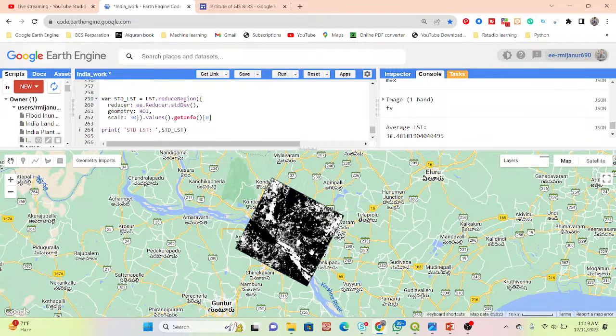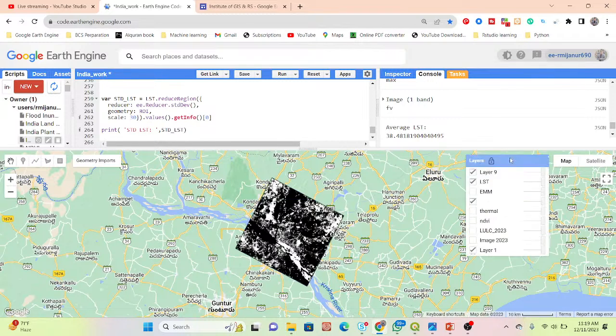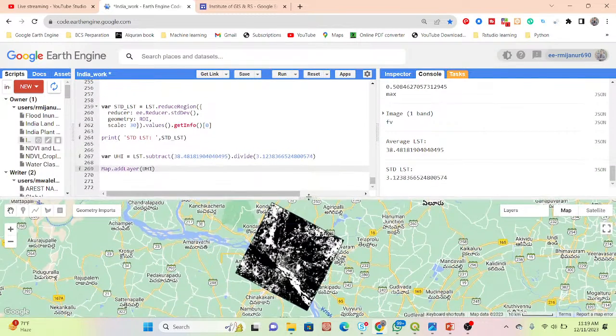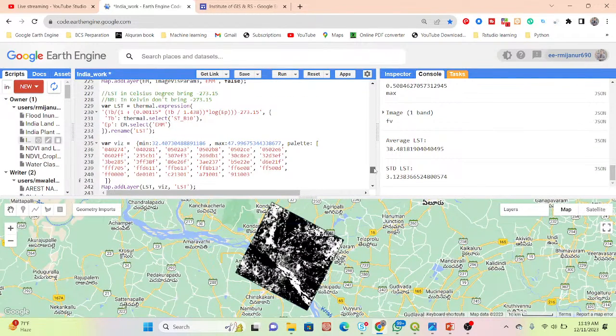Okay. So in this time we can get this type of map of Urban Heat Island. Here you can see this layer stored that. This is the Urban Heat Island map. So now if you want, you can also add the color. For that, I simply use the same color from here. I simply copy